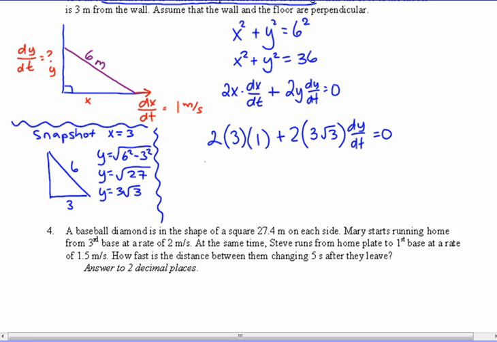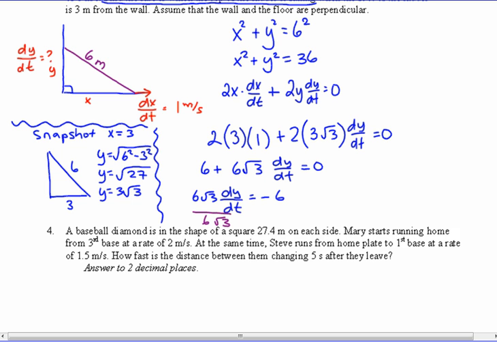So we have 6 plus, oops, no, sorry, 6 root 3 times dy/dt. Now what? Subtract 6. Then divide by